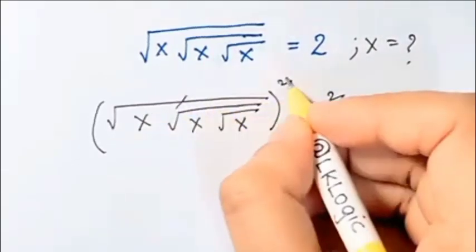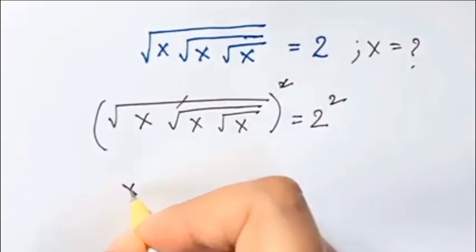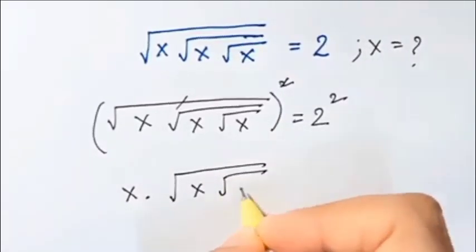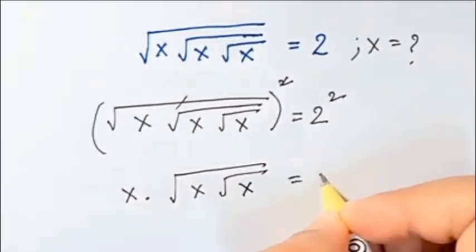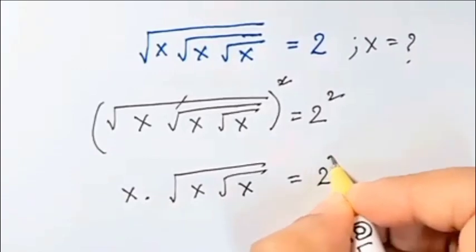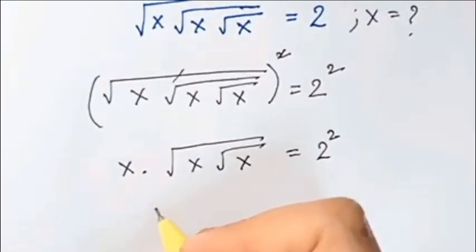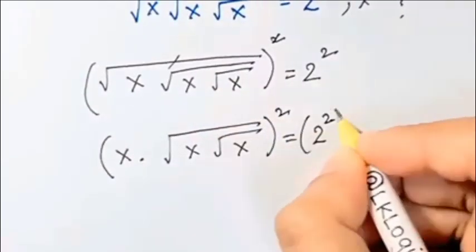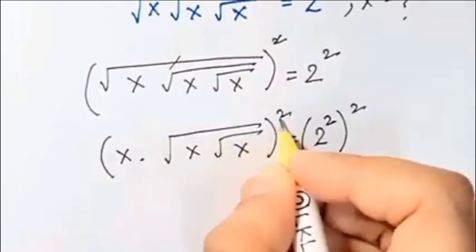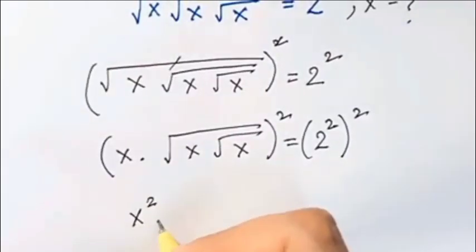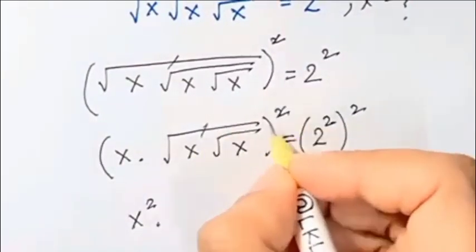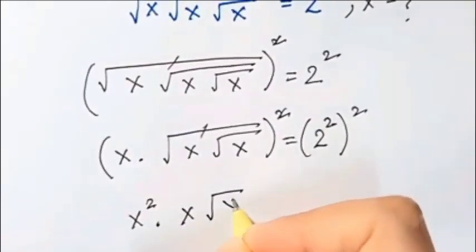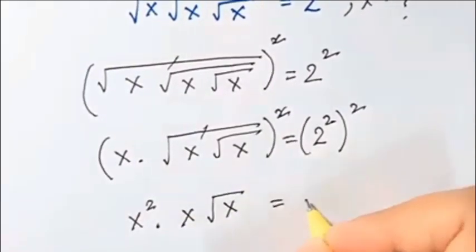So this root and square gets cancelled, so you're left with x times root of x is equal to 2 squared. Now I'm going to square this again, square on both sides. Now what do we have? x squared times root and square gets cancelled, so I have x, then root x is equal to 2 to the power